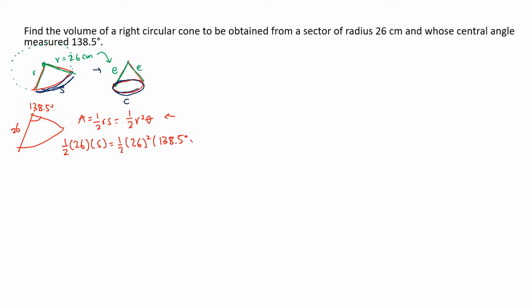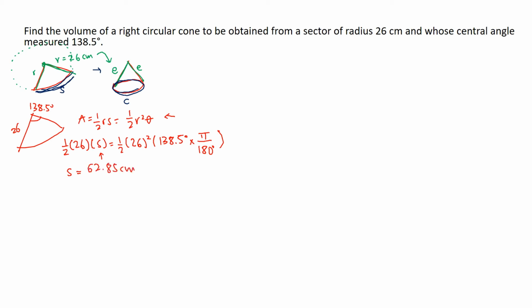So, how do we do that? Conversion lang. So, pi over 180. Every 180 degrees, that is pi radians. So, there we have it, class. We have one equation, one unknown. Ang unknown is kinsa, si S. Siya lang ang unknown, di ba? So, you can solve for S now. So, solving for S, what do we get? Atong nakuha is